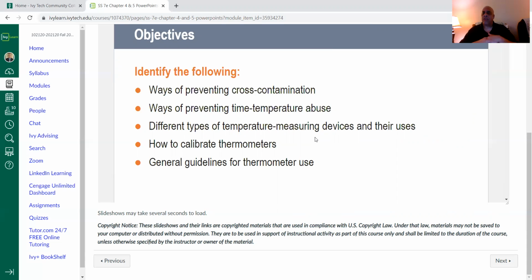We also dealt with calibration of thermometers, and I gave you general guidelines for thermometer use. And once again, I hope you enjoyed this commentary of